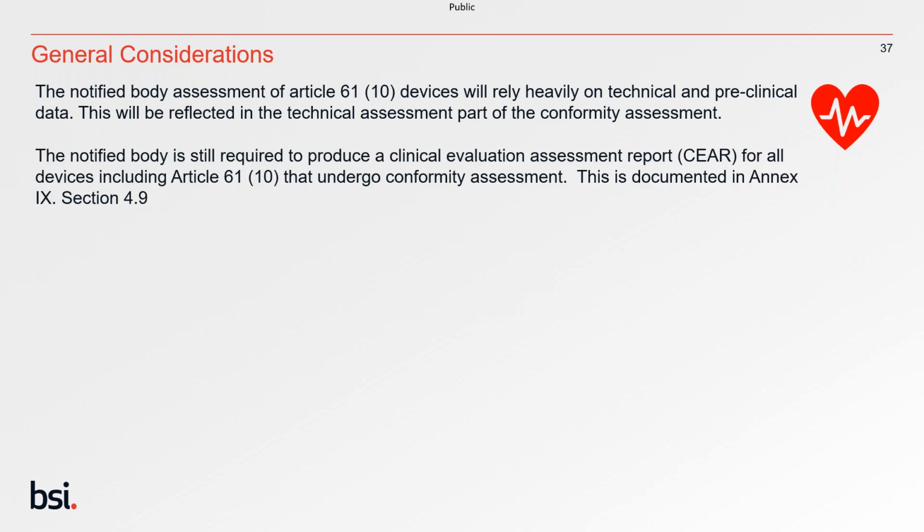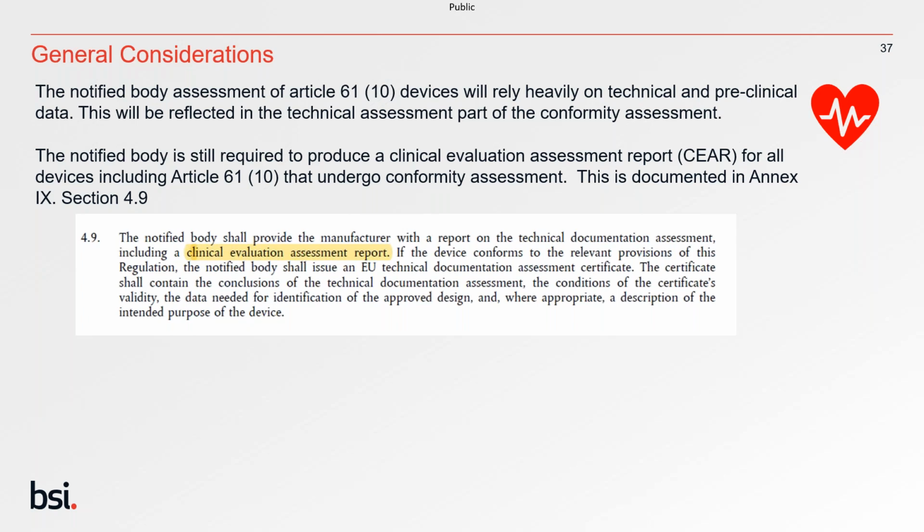We are required to produce a clinical evaluation assessment report for these devices that undergo conformity assessment, and that's documented within the MDR. We do sometimes see a rationale saying that we've not provided a clinical evaluation report because we're following Article 61(10). Well, that's incorrect.